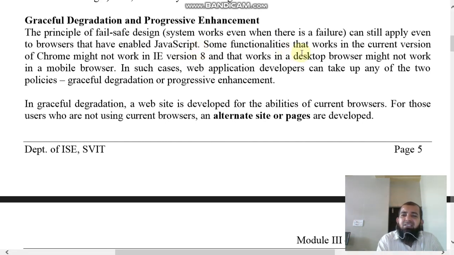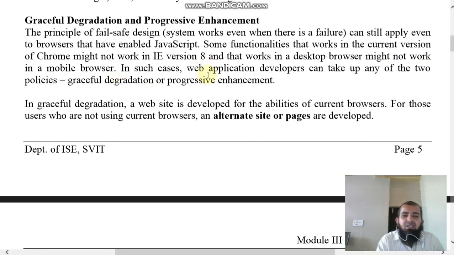Some functionalities that work in the current version of Chrome might not work in IE version 8, and what works in a desktop browser might not work in a mobile browser.